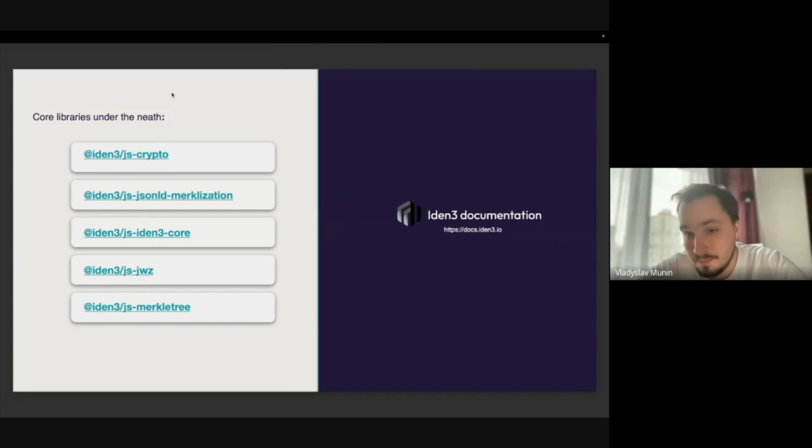There are 5 of them. First is the JS crypto library. This library is responsible for such crypto primitives as Baby Jubjub and Poseidon hashing. And the cool feature is that it's actually available in the browser. Another one is the library for JSON de-merkelization. This allows us to do really great things with JSON documents, when we can transform them to Merkle trees and receive a root, and then work with them